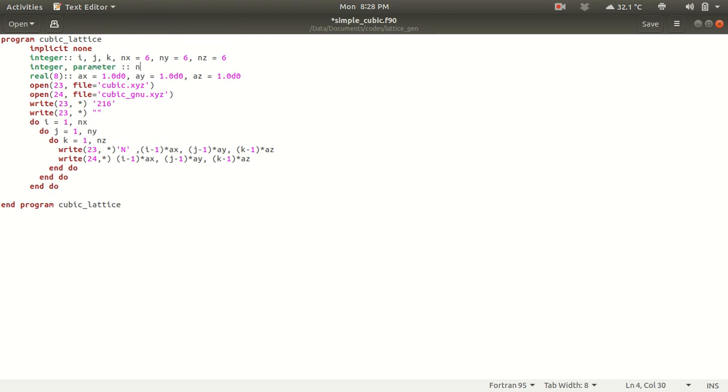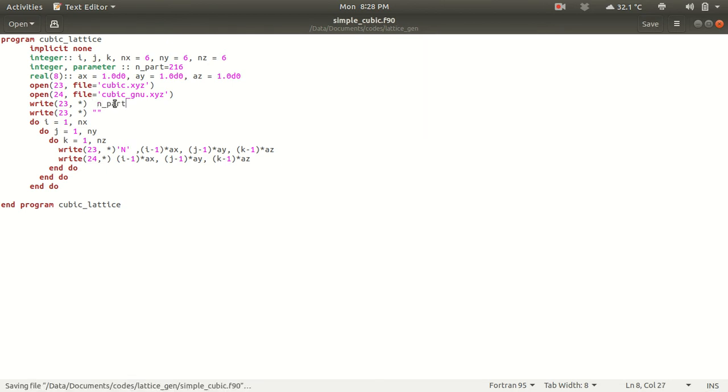Let's say n underscore part is 216, and you can just write n part here.